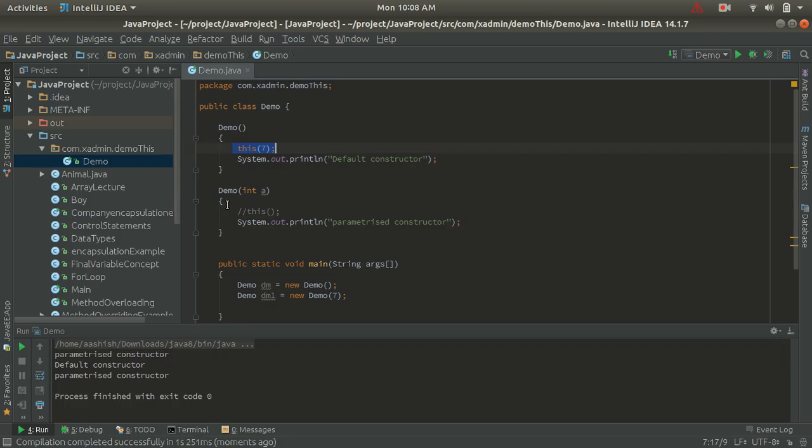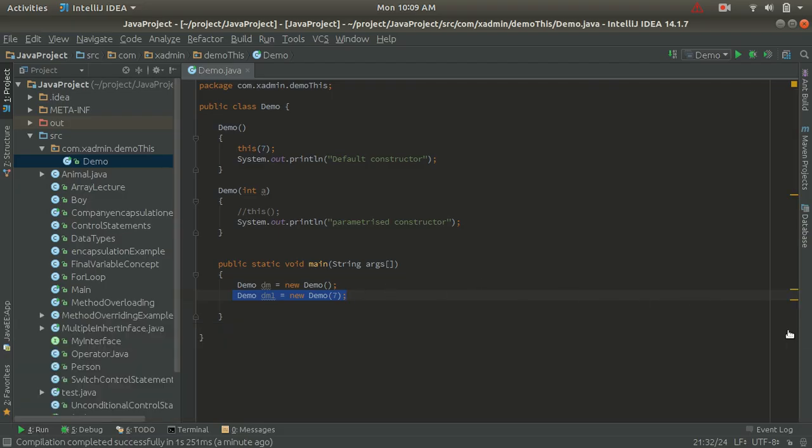So it transferred to the parametric constructor and displays the parametric constructor message, and after that it again went to the default constructor and displays the default constructor, and again it went to the parametric constructor with the dm1 object creation. I hope you understand the concept, how to write a program, and how we can call a constructor with the help of this keyword.